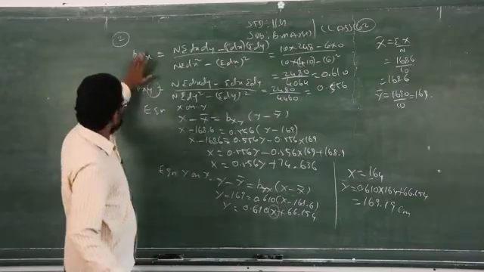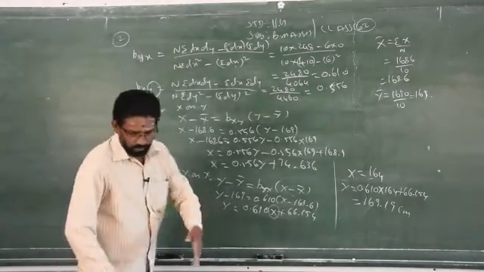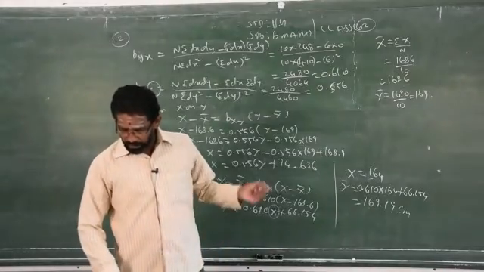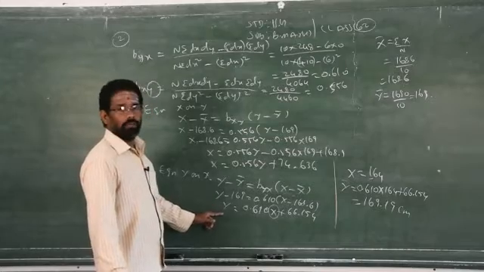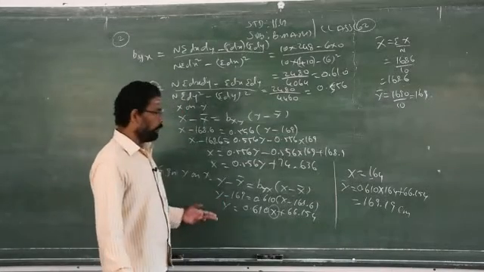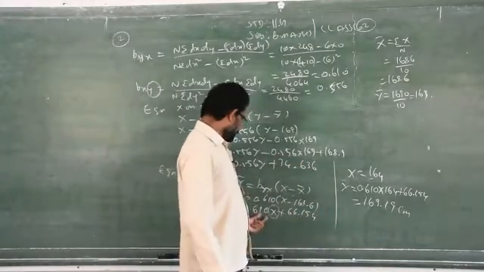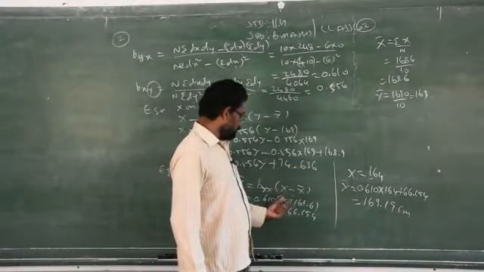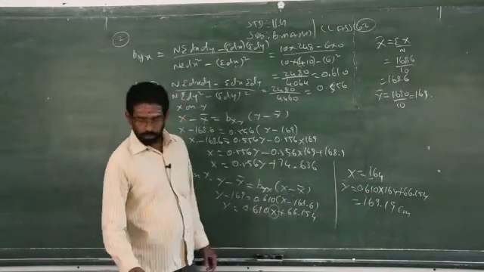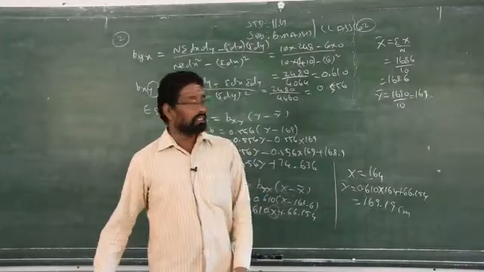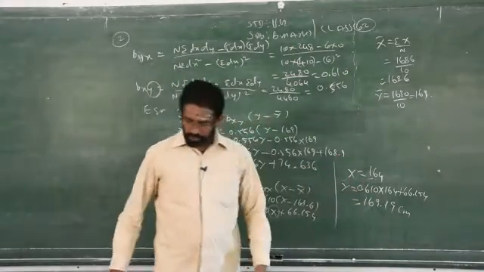So first you have to find two equations, x on y and y on x. Then there is one more subdivision. They asked to find the height of the son. Height of the son we consider as y. Therefore, you have to take only the y equation. Don't take the x equation. You take y is equal to 0.610x plus 66.154. In that you have to replace x by the given value, that is 164. It is given already in the question. So just replace and you will get the son's height.